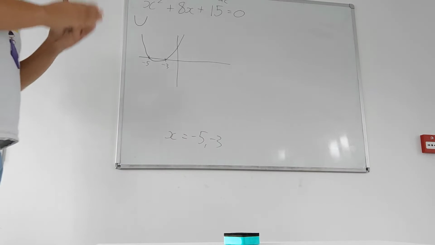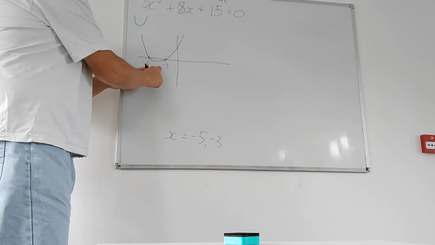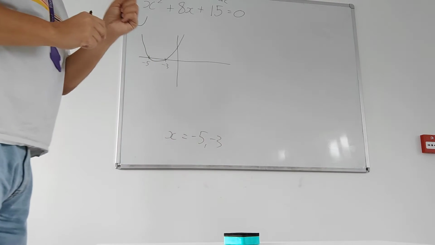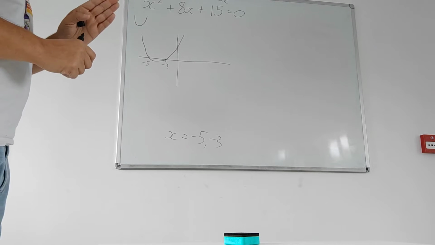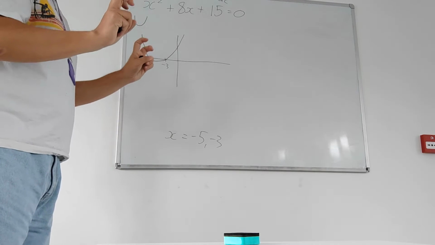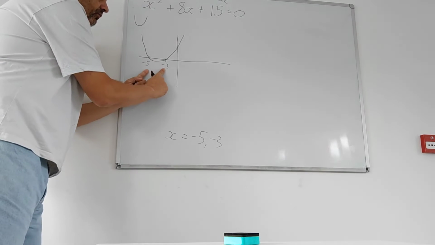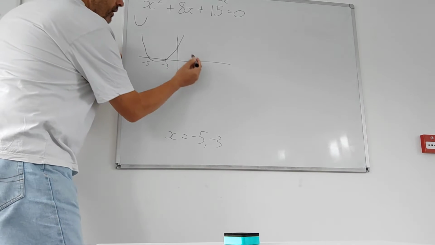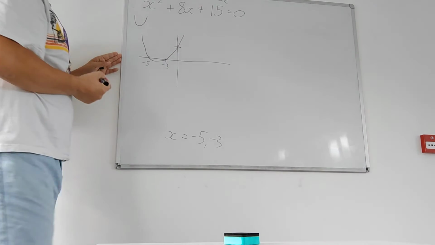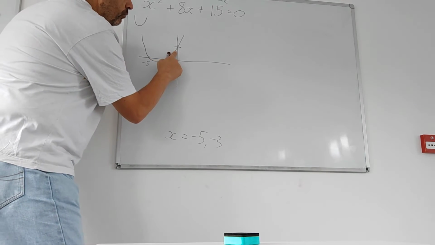Solutions are where the graph crosses the x-axis. Next thing that you need to be careful of, because examiners do want you to label all key parts, them two being two of them. The third one is labelling that there. And again, it is no coincidence that that number there